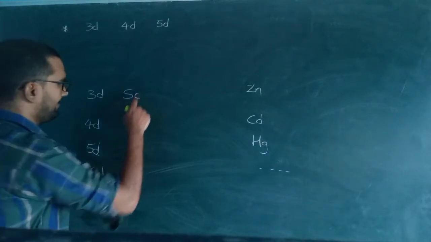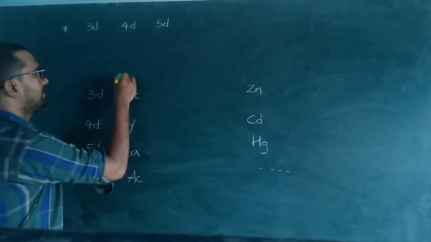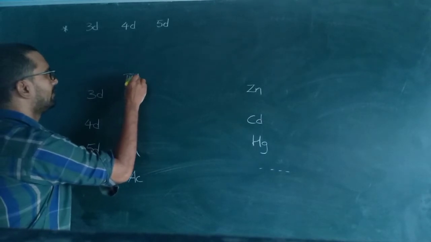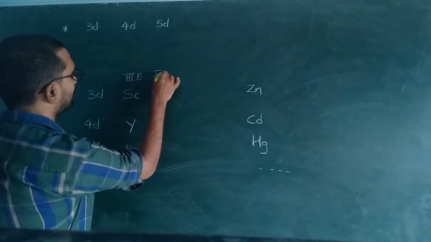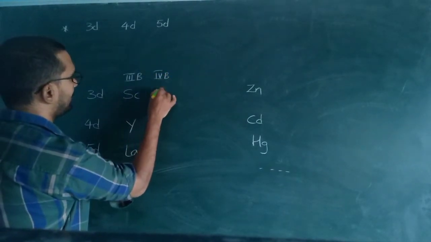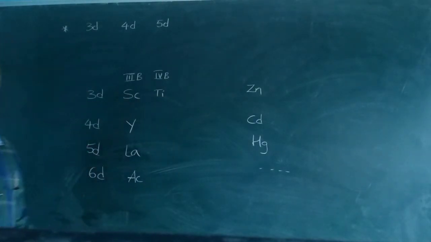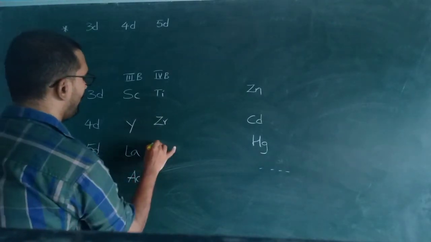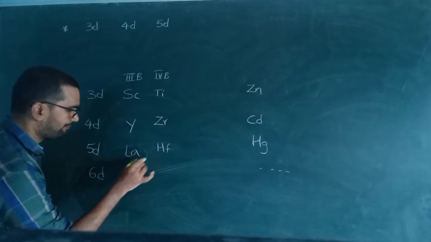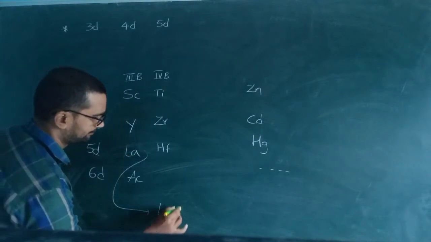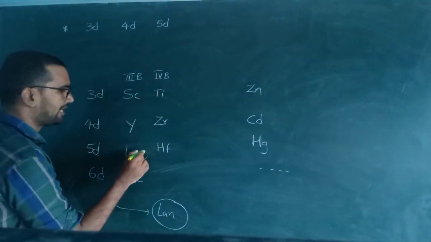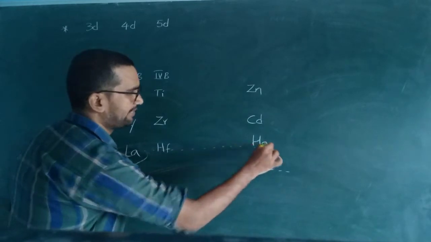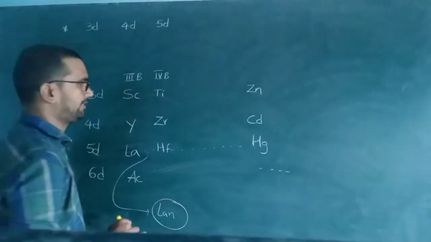You want big size? See this: scandium, yttrium, lanthanum, actinium. This we know very well. This is 3B group. Next one is 4th B group. Okay, scandium, titanium. After this one, actually zirconium, half member present. After lanthanum, lanthanoids are coming. So this is one group, this is one group. After lanthanum, all these elements are affected. I said, that is called lanthanoid contraction.